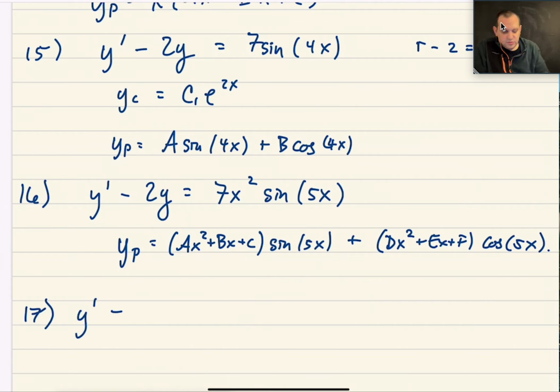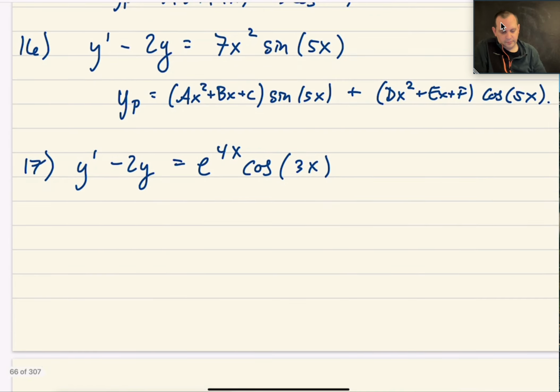All right, and so what if we were to have y prime minus 2y equals, let's look at something like e to the 4x cosine of 3x. How would we deal with something like this? So we have e to the 4x cosine of 3x. Well, what we could do